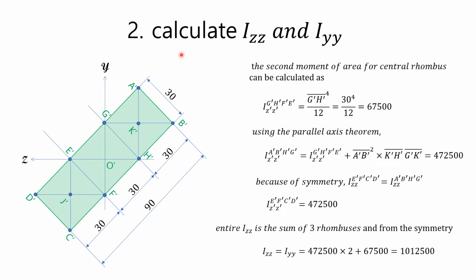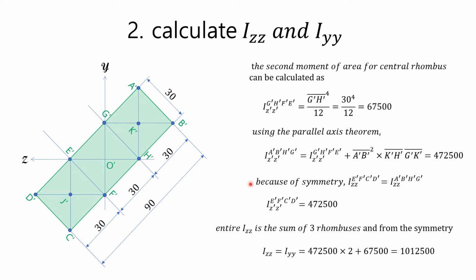The second step is to calculate Iz and Iy for each element. A rhombus with the same length of intersecting diagonals is equal to the rotation of a square. So it has the same value as the second moment of area of the square. Therefore, the formula for calculating the second moment of area for a square can be used, and we can get this value. Using the parallel axis theorem, we can find the second moment of area for the rhombus